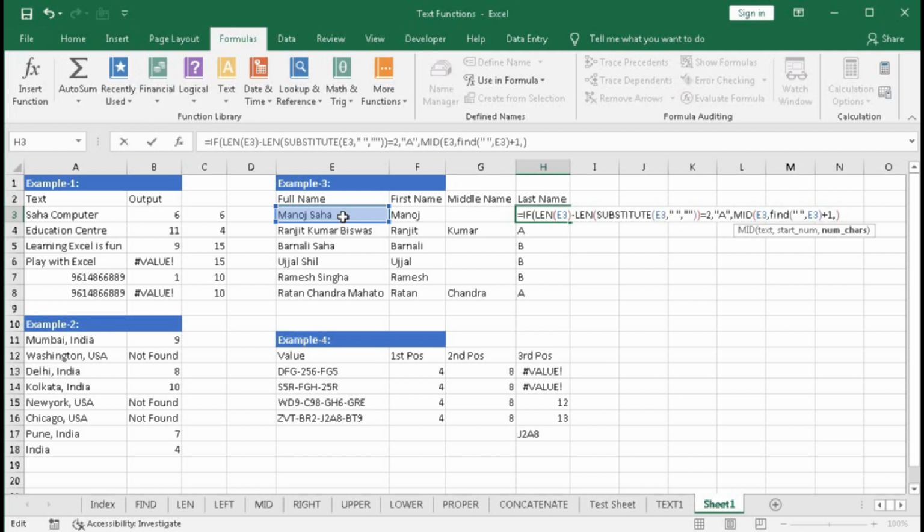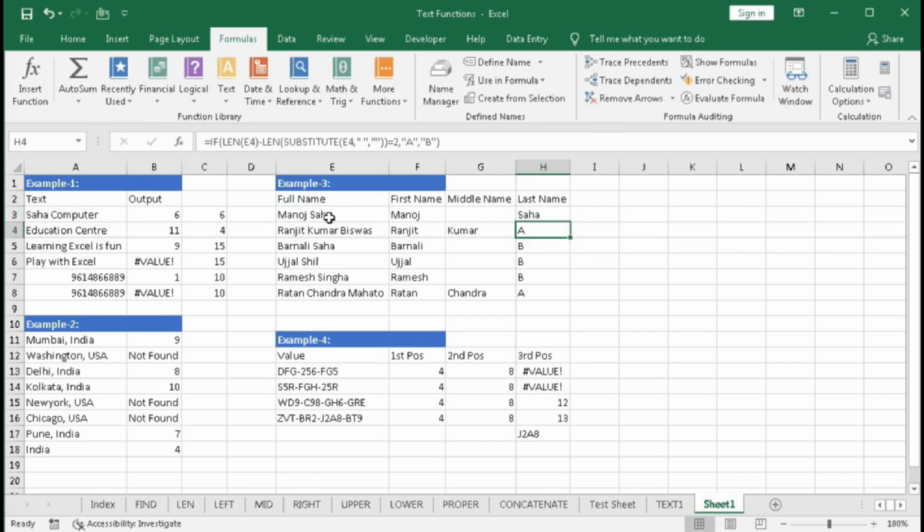So number of characters will be LEN of this cell minus FIND, bracket open, find text is space, comma, within text this cell, then bracket close, enter. So here we got Shaha, but for this case we got A. For this three word name, this is also a 3-word name.